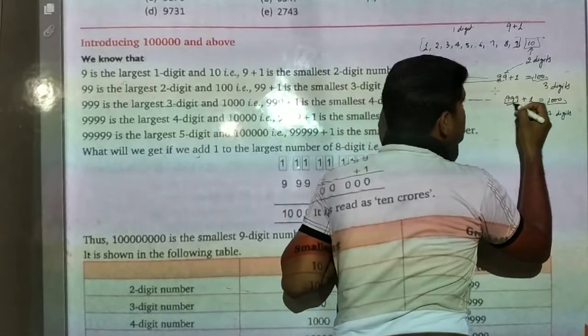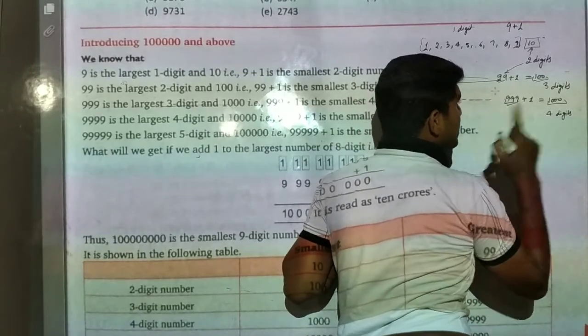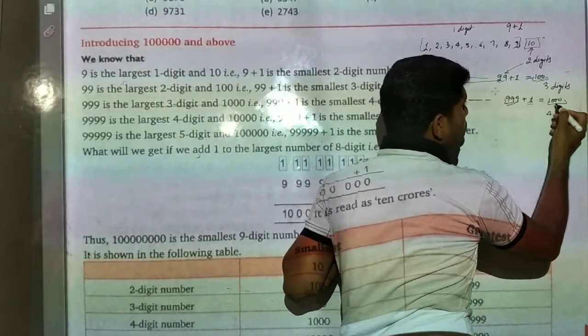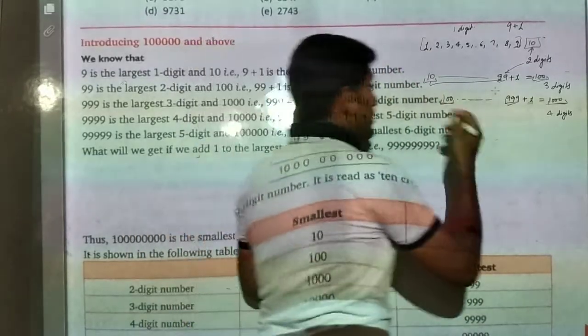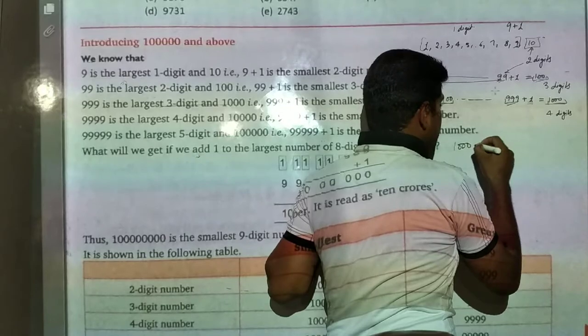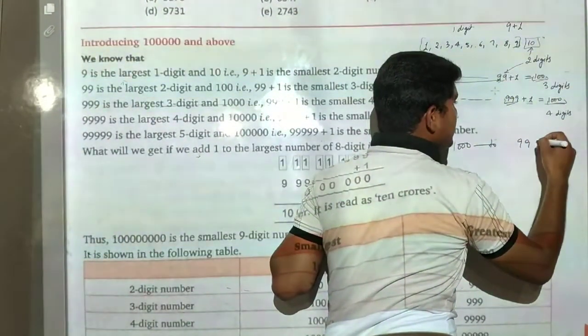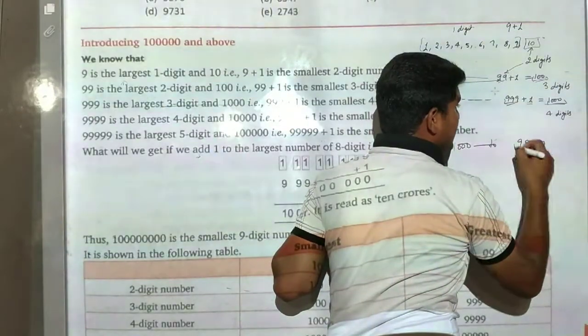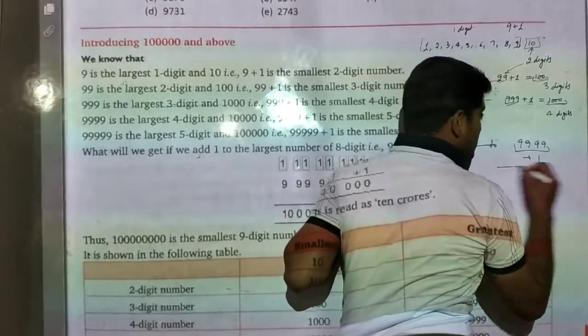Now 999 is the greatest 3-digit number. When we add 1 to this we get 1000, the smallest 4-digit number. From 1000 we go to 9999, the greatest 4-digit number. When we add 1 we will get